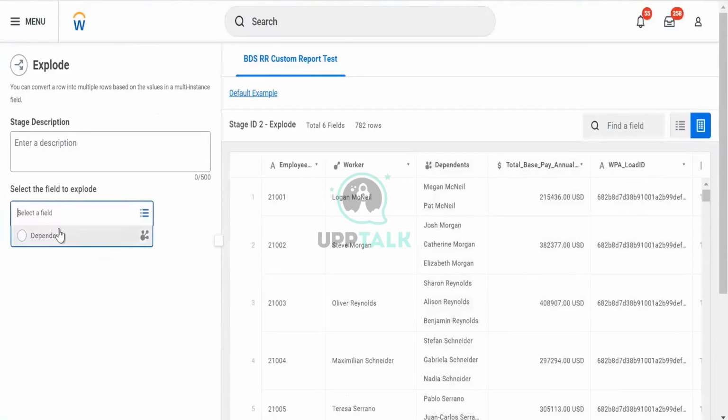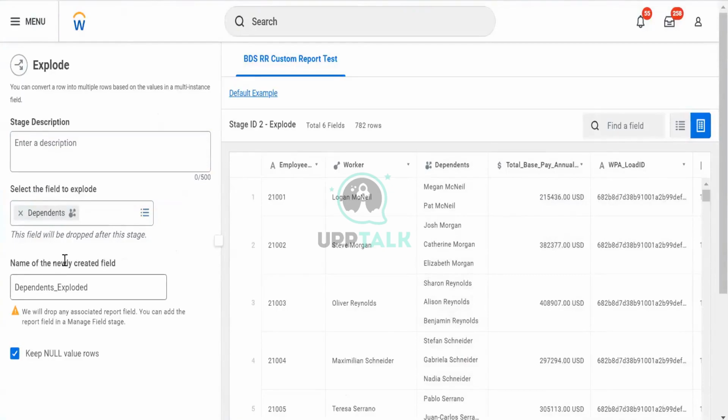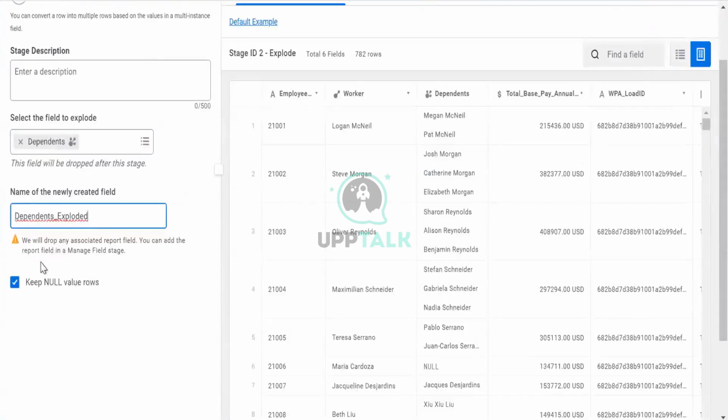But here, if I click, I'm only able to see one dependent. Why? Because it's a multi-instance field. When I click on it, it will ask for the name of the newly created, dependent exploded field. It says we will drop the associated report field. You can add the report in the managed field. Here what I'm saying is they will drop this existing one and add a newer one and keep null values in